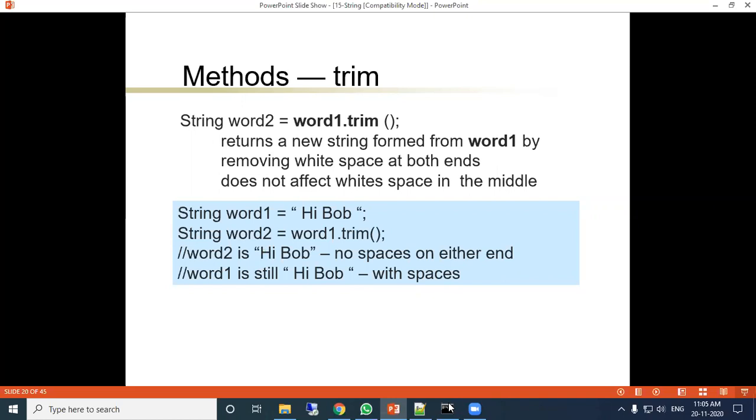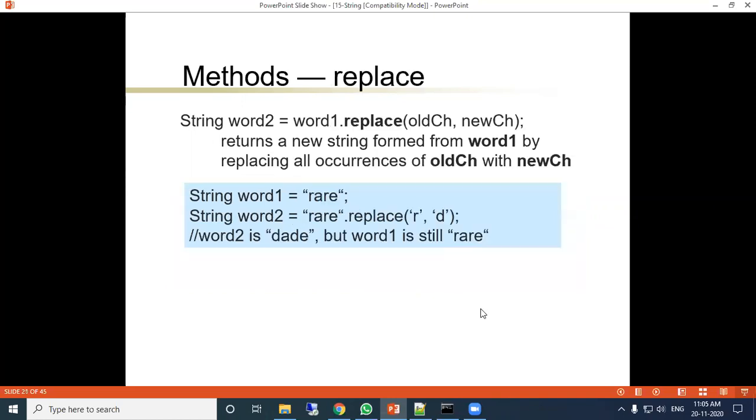Okay, next, replace. The replace method is replacing a particular character with a new character. Suppose String word1 equal to rare, then String word2 equal to word1.replace r, and in place of r you want to replace d.